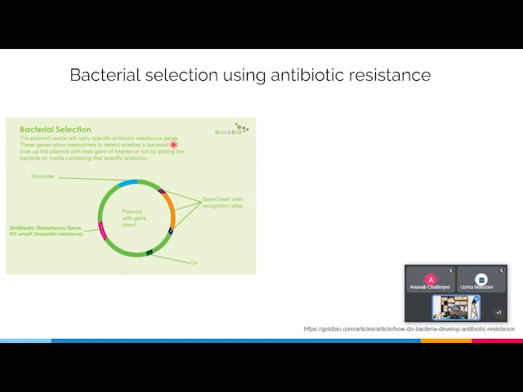Our bacterial plasmid that you wanted to transform into the cells has an antibiotic resistance gene. Now, these genes allow the researchers to detect whether the bacterial cell took up the plasmid with the gene of interest or not by plating the bacteria on media containing that specific antibiotic. So say your particular plasmid had a penicillin resistant gene. So if the bacteria has taken up the plasmid, only then the bacteria will be